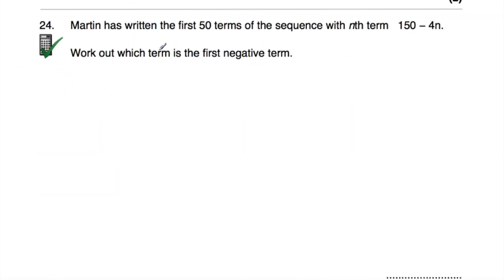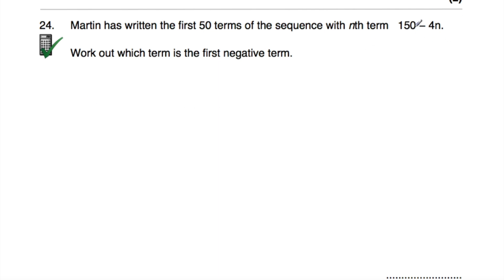Question number 24 says that Martin has written the first 50 terms of a sequence, and the nth term for the first 50 terms is 150 minus 4n. And we've been asked to find which term is the first negative term. Okay, so we want to find the first negative term in this sequence. So it must start off being positive and then go all the way down and then become negative. Actually, let's